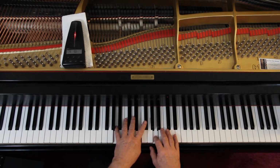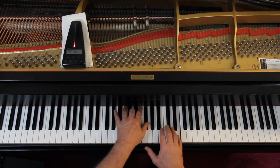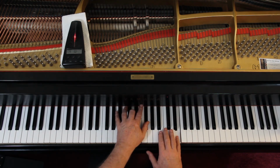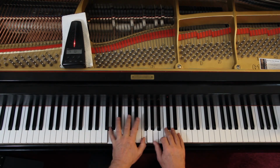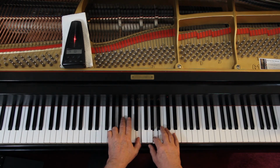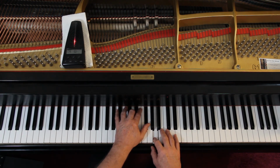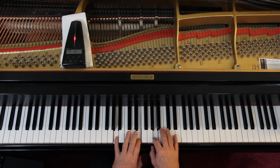One, and 2, and. One and 2 and 2 and tie and 2 and